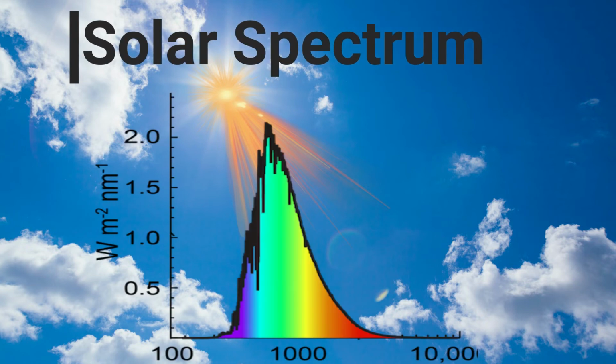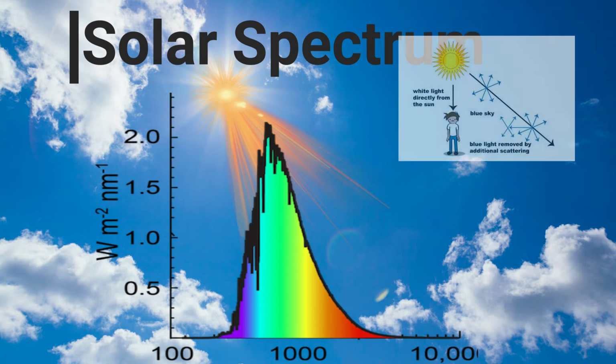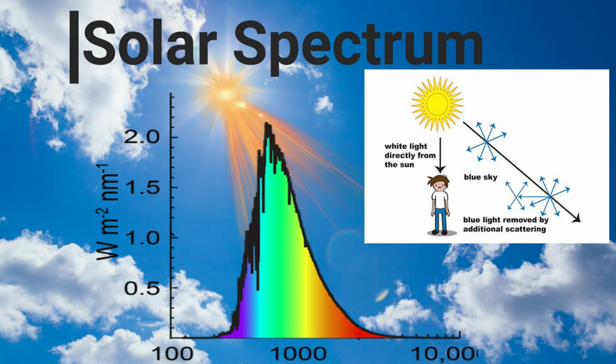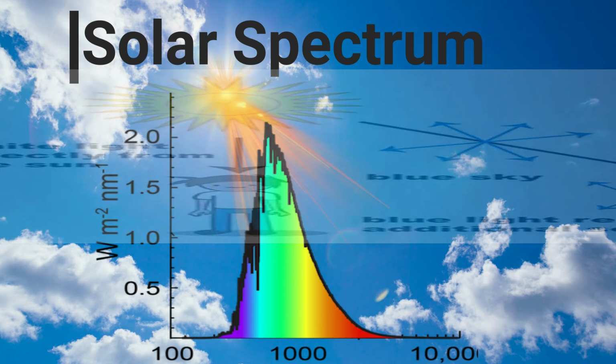The following graph tells us how much of a particular wavelength is emitted by the sun. If you observe the graph carefully, you will find that the sun emits more blue and light bluish light compared to the violet light. Hence, more blue light is scattered by the air molecules, resulting in the blue color of the sky. Another reason why we cannot see violet light is that our eyes are more sensitive to blue light than to violet light. So this was about how the gases present in the atmosphere scatter the light.